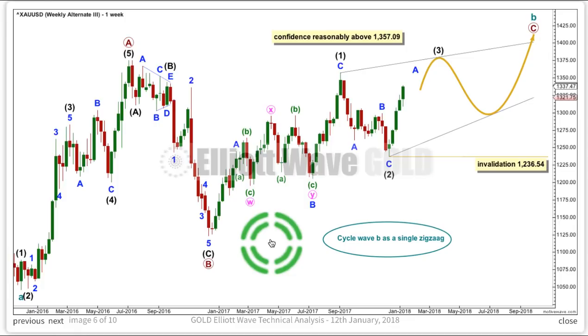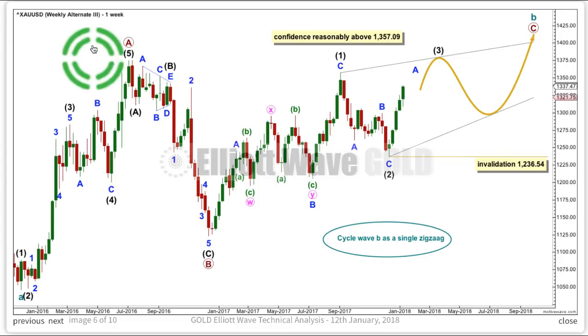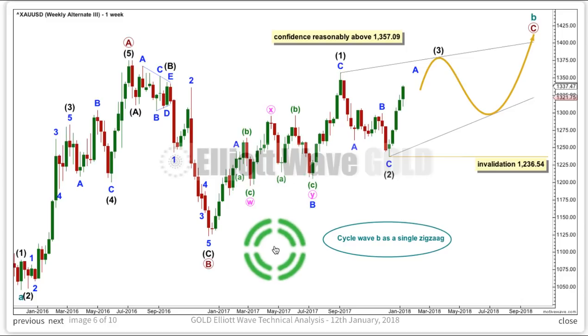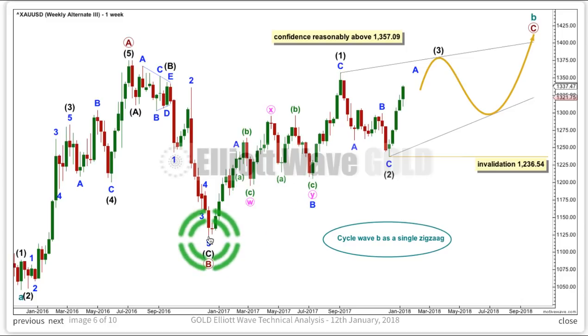My main wave count is ranked as most likely because it has the best fit in terms of subdivisions, the least problems in terms of no rare structures, and it fits most common patterns. This wave count has to be judged to have a lower probability because it has a problem in terms of subdivisions and rare structures. If we're looking at an ending diagonal, we have a zigzag for 1, a zigzag for 2,